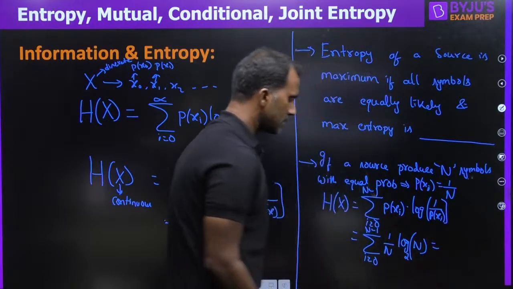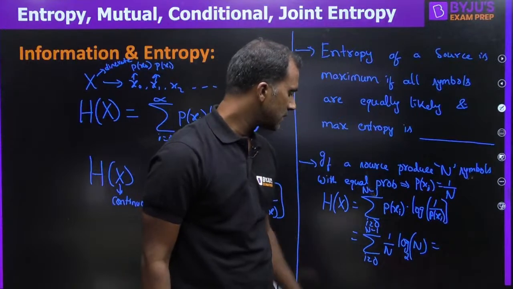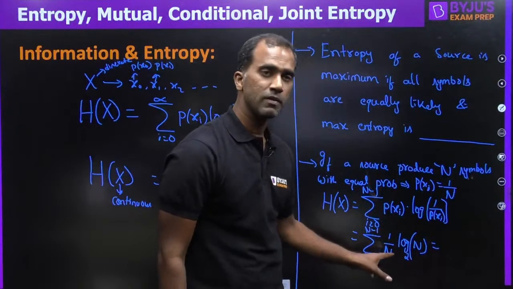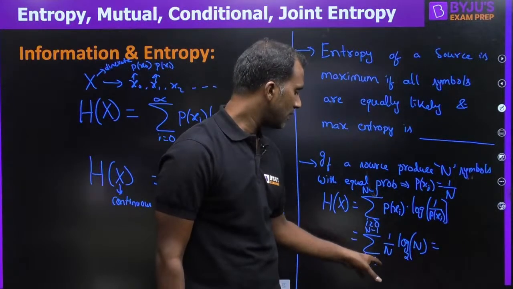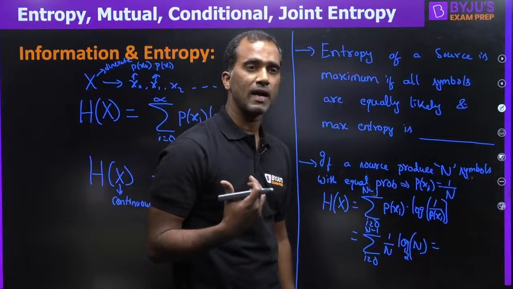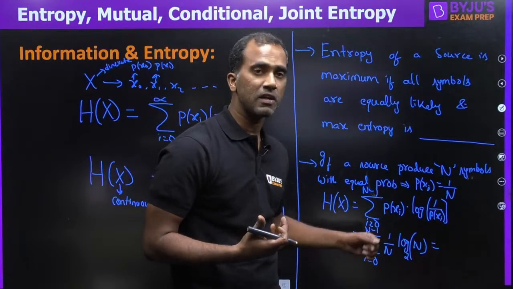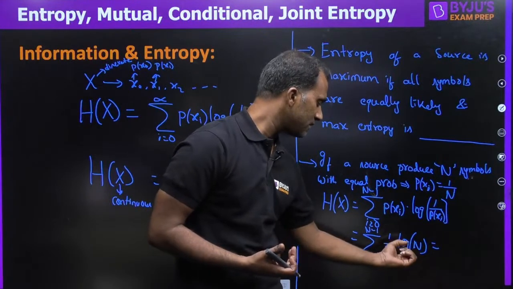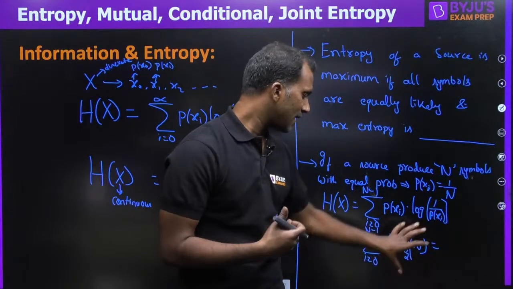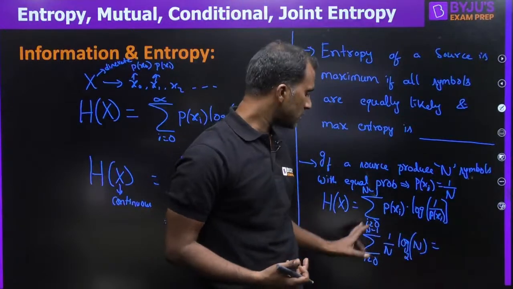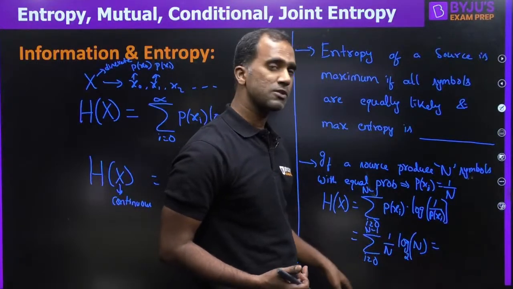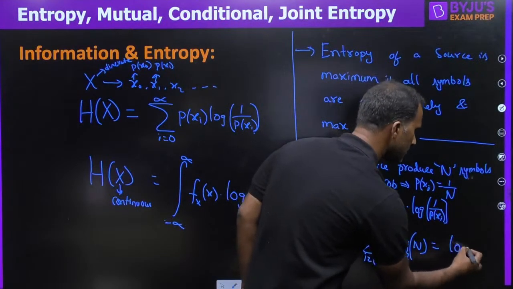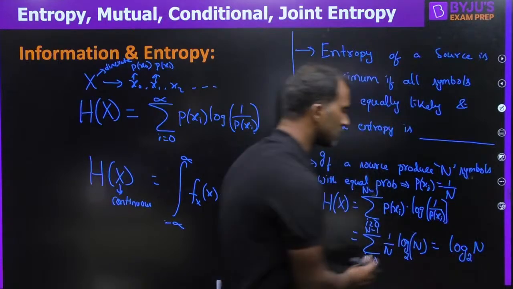Now see this one, for i equal to 0 we have this, for i equal to 1 also we have this, for i equal to 2 also we have this. So we are doing summation for different values of i, and how many times? We are doing addition of n different values, and each value is 1 by n times log n to the base 2. Like this we are adding the same thing n times, capital N times, because the summation runs for n different values. So the total value is n times of this, which will become log n to the base 2. I hope you have understood this part.